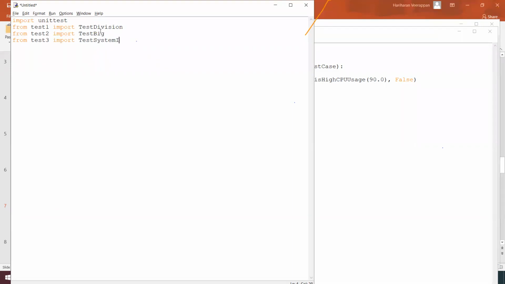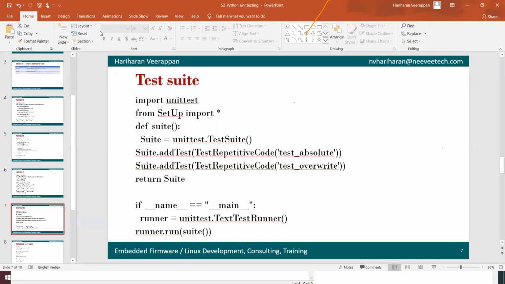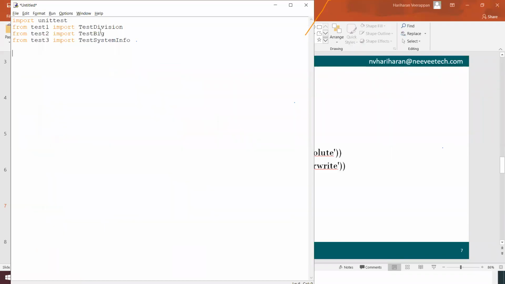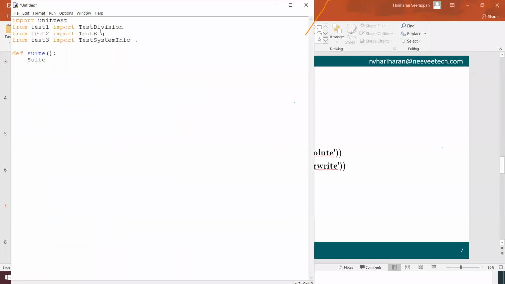Once it is done, maybe we can define a test suite accordingly. For that, we can create a function called define suite, and then suite equals unittest.TestSuite over here.